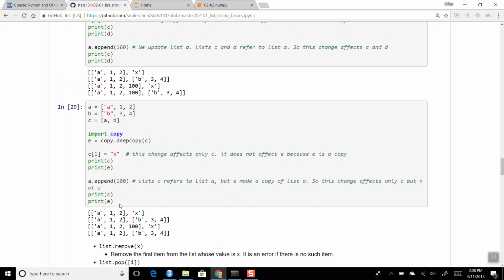So when you create a shallow copy, you're referencing the items that the original list referenced, whereas when you create a deep copy, you are creating copies of objects that are nested inside the list. Okay. So anyway,